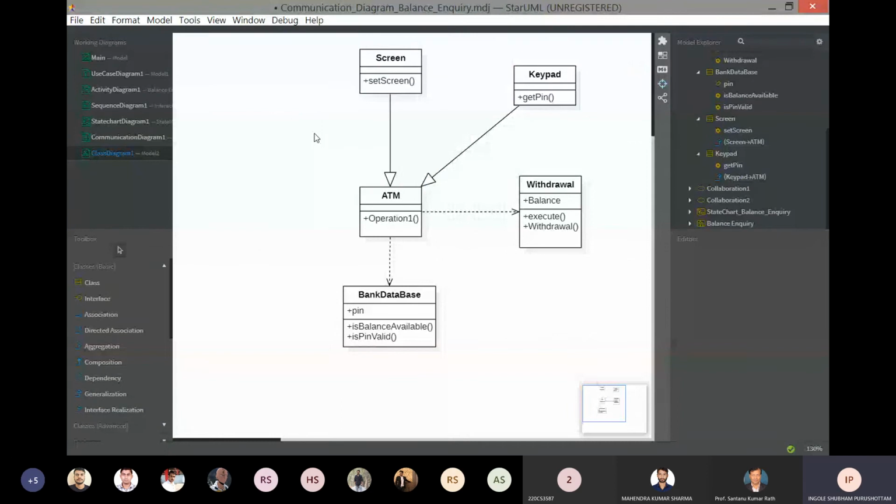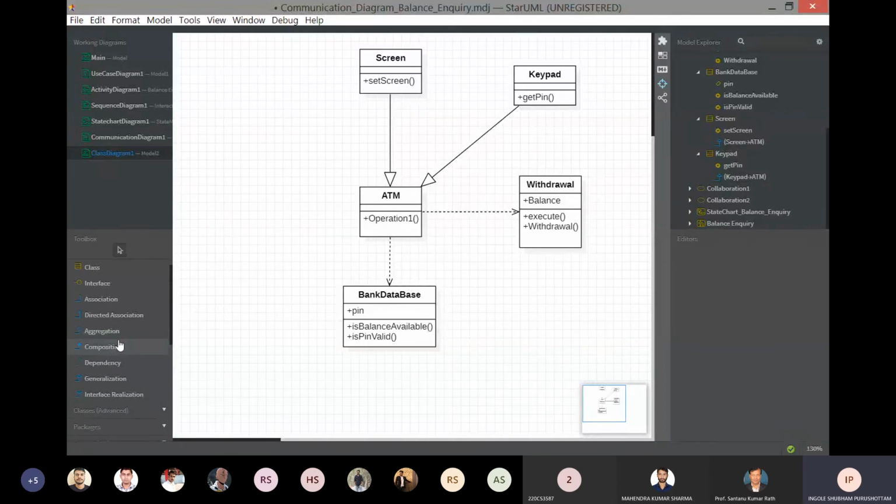So here I am giving you just an overview of how a class diagram is drawn. You first have to know what classes you are going to draw, what the relationships between the classes are, what the attributes are, and what the methods are. You should also know aggregation, composition, and all these relationships. This will be important while drawing the class diagram. The class diagram will not be as simple as I have drawn it. It's just for learning purposes. The class diagram will be more complex.